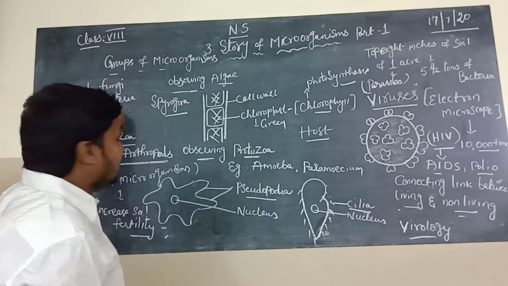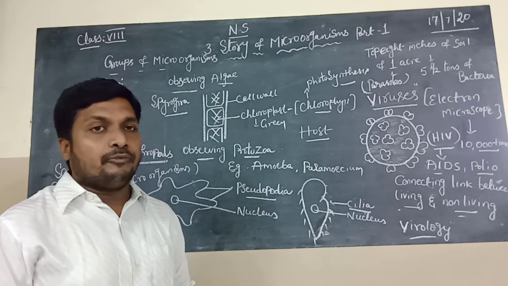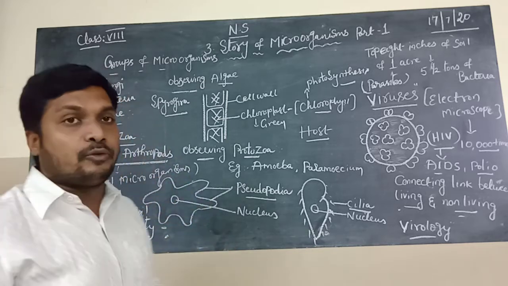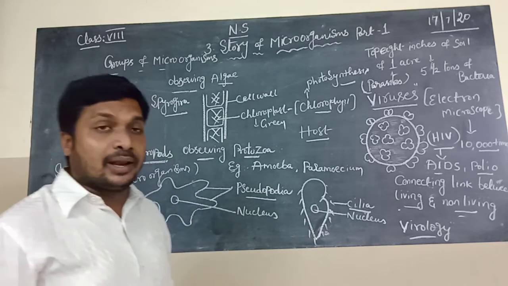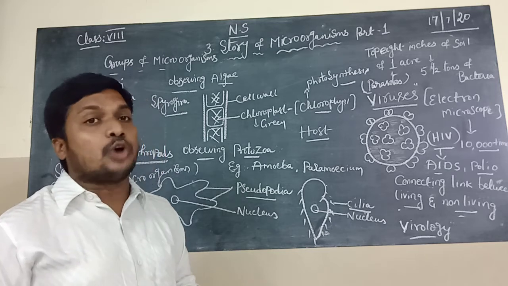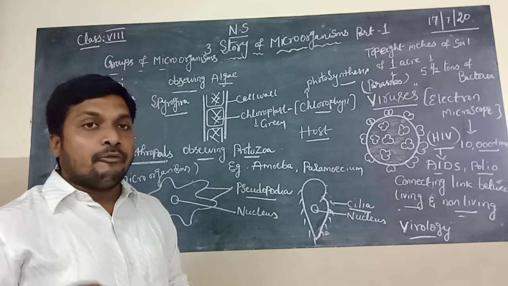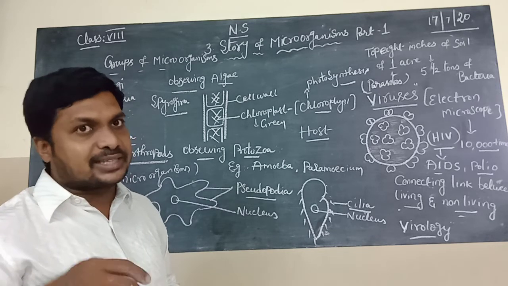If you observe bacteria, some bacteria are useful to us and helpful for digestion. They are present in the small intestine, which helps in digestion of food material. Some bacteria present in soil help to increase soil fertility. They maintain a symbiotic relationship with leguminous plants like groundnut. We will discuss this in the next lesson.